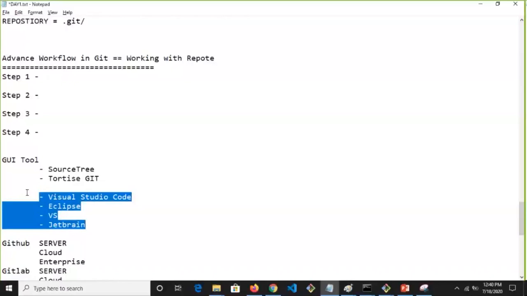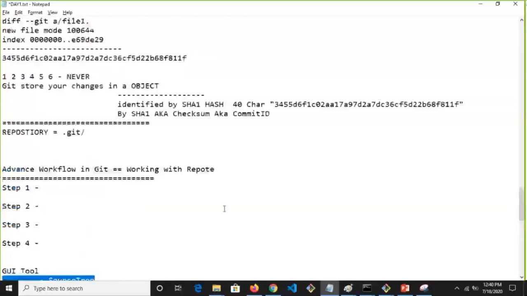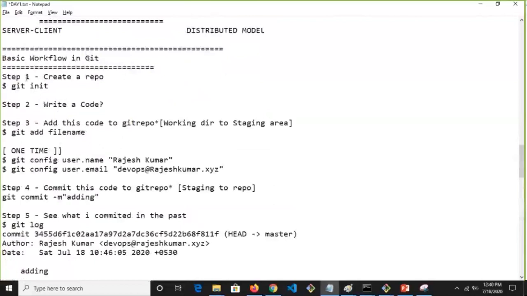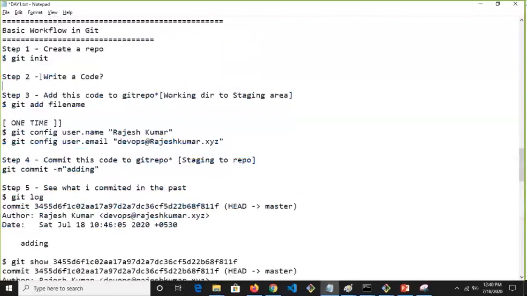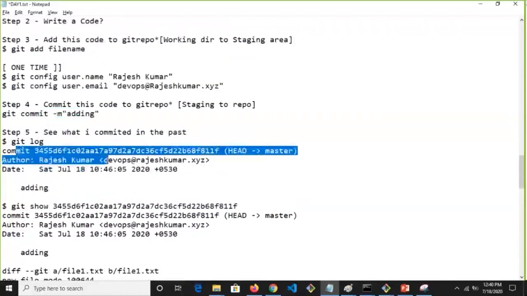Yeah, so if you really want to see my experience, if you really want to enjoy Git, then you should use command line, to be honest, because Git GUI doesn't help us. I mean, definitely in branching, merging, and visualization, it helps you. But if you get fond of command line, there's nothing like that. But again, no matter which tool you are using, the workflow will never change. Now you did it through command line, then you get one quick context menu for adding and then committing. Simple. And seeing the logs like this.